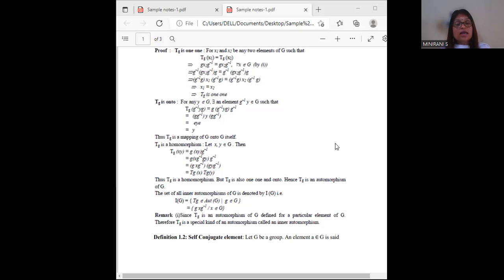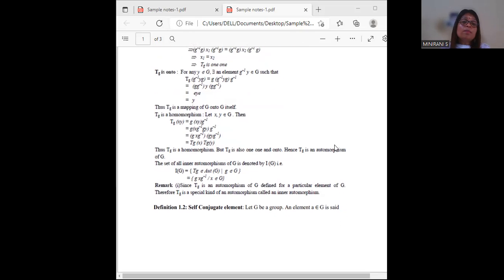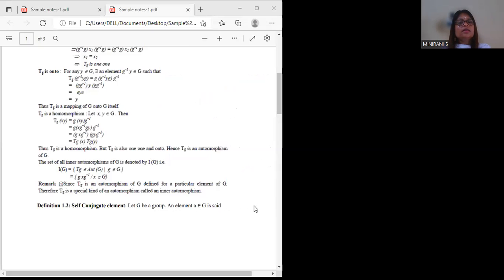So the next definition that we are going to is the self-conjugate element. We'll stop this session with this definition. So self-conjugate element is, suppose we have a group G, an element a in G is said to be